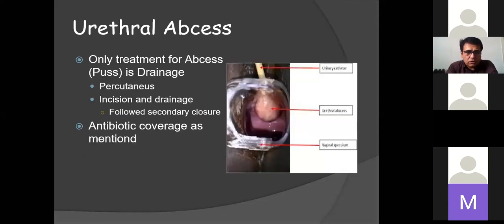If it is not treated in time, it can even lead to urethral abscess formation. After that, you can't treat the abscess with medications only, because it can lead to antibioma. So you have to drain the pus. Draining is either percutaneous drainage with a needle, ultrasound guided, or incision and drainage of the pus area. If you have good access from outside, it's better to go for incision and drainage. But if there's a small abscess or collection, you can go for percutaneous drainage as well.